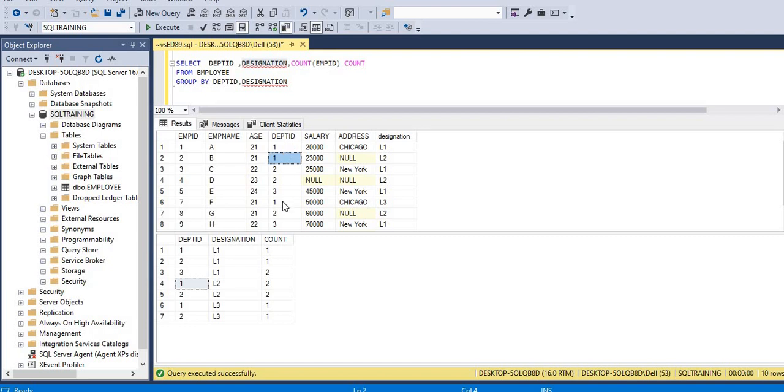there are 4 employees. Among the 4 employees in L2, if you see this one, the row number 10 and the row number 7, okay, that is employee 8 and employee 11 are belonging to L2. So sorry, row number 7. I think I am... so in L2, right? So first let's group by department ID 1. There are 4 records,